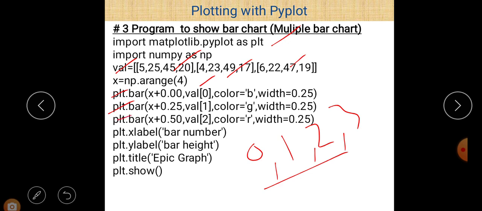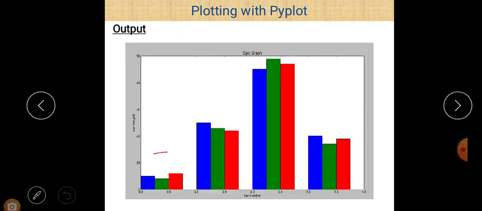So x is equal to 0, 0.00, and then the value. For this, first of all x is considered to be 0, then the second time it is 1, then 2, and then 3. So four different values are given here for all these different values of a list. Here you can easily see that in a single list there are four different values, so that's why we take four different values of x here. There are different values added, 0.00, 0.25, 0.50, which makes a clear difference, as in this case you can easily see.